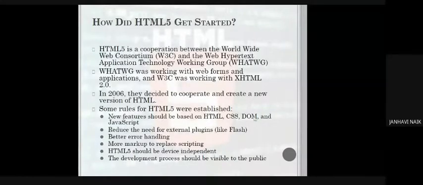Now, how did HTML5 get started? In the first line there are two things: one is W3C and one is WHATWG. What is W3C? It is the World Wide Web Consortium.